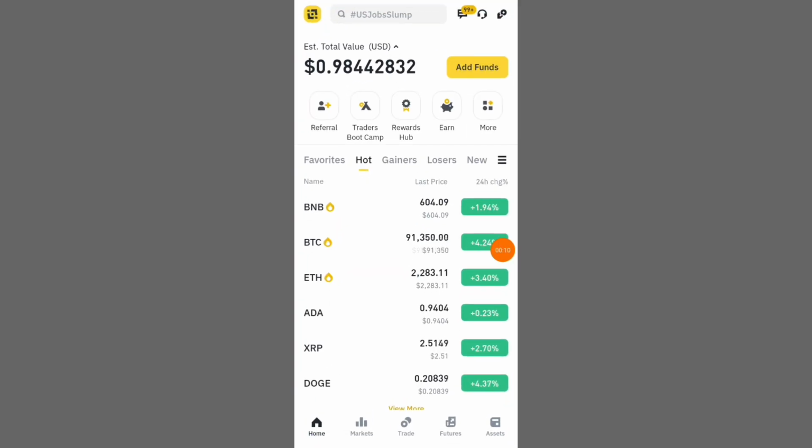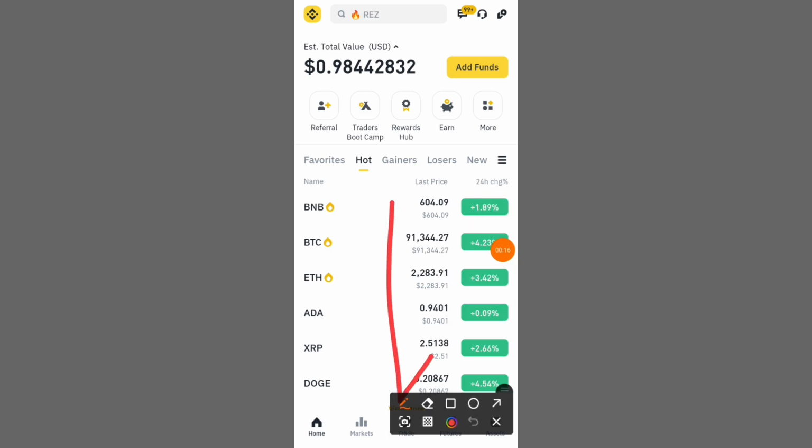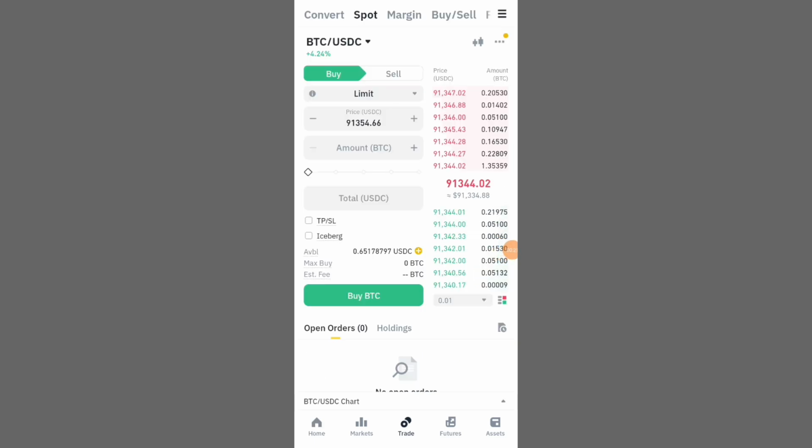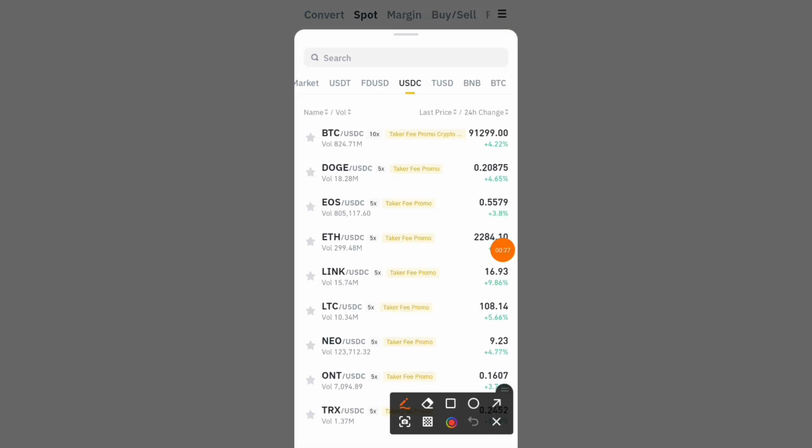First, open Binance Exchange. Then you will see an interface like this. First of all, you have to click on Trade. Then you will come to a page like this. Then again, you will have to click here. After that, you have to search here for